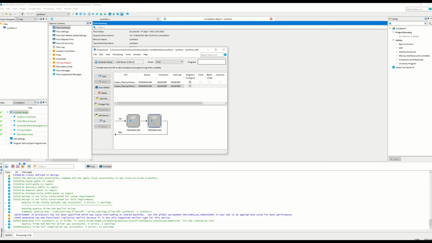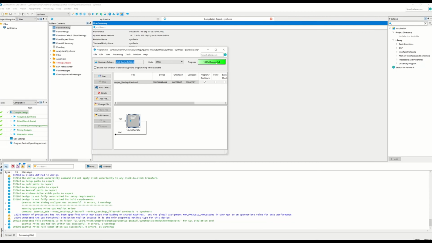It was added by default, so let me just remove it. This is the output file that was there by default. It should be present in most of the cases. Once that is done, you can just hit start here, and you should be good. So select this, hit start, and it should run the whole thing for you. It says successful, so my device should have all the values I want.